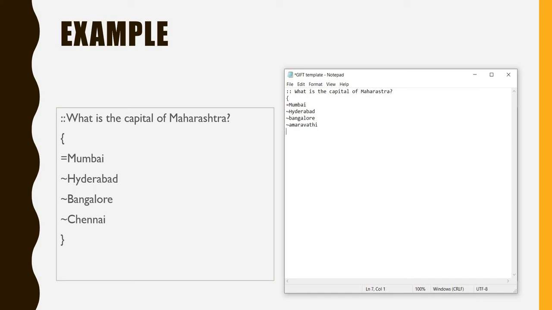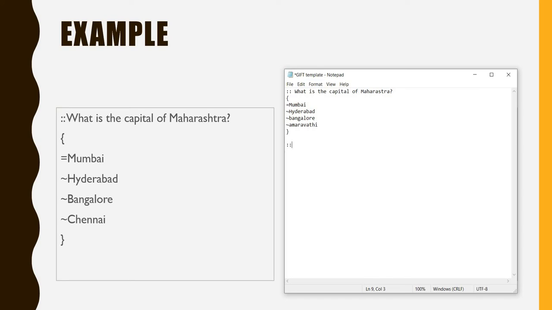I have given all the 4 multiple choices. You can give 5 or 6 as well. Now I'll close the flower bracket. So what it means, my 4 options and the question is complete. So I'll click enter. Now my complete answer is done. If I have to begin with a new question again, click enter again, and then you should begin with the double dots, 2 times, and then you can proceed with the next question.